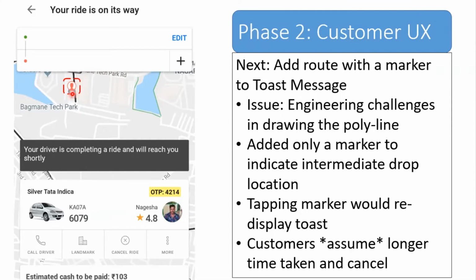So when we used to give an estimate of T1 plus T2 plus a couple of minutes of buffer accurately, customers just added a few minutes as overhead, and they thought, okay, now this is going to take half an hour, let me cancel. Now, this was a very interesting case where a previous product manager had actually found that